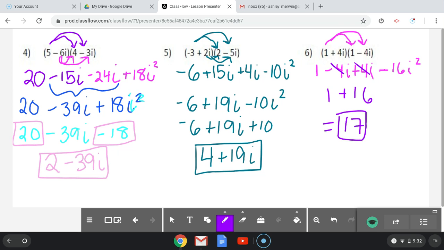Okay, so in this one, once you FOILed it out, your middle terms, negative 4i and positive 4i, canceled out. So your imaginary number got canceled out. Remember that i squared becomes negative